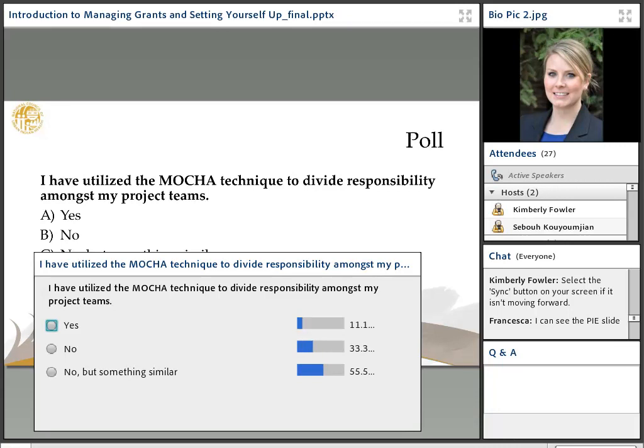So hopefully this can be a tool that you all utilize moving forward to really help you divide responsibility, understand who has what role and who folks need to go to get things approved or signed off on. If you don't need to involve the executive director in a decision, I would recommend not doing that if you can. As you know, the more people you involve, the more risk assigned to it and more potential to delay the project. Okay, go ahead and move on.